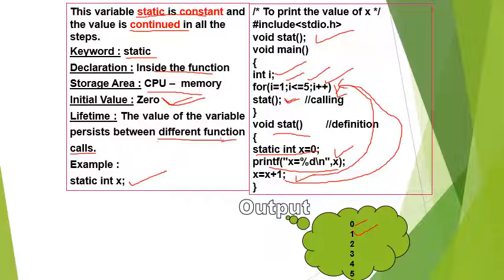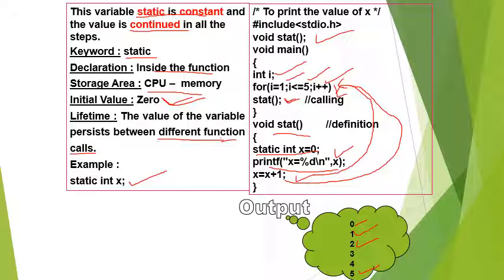From there it will again call the stat function, so it will print the value 2. Likewise, it will print up to the value 5. So we can see the lifetime of the value x will be increasing.